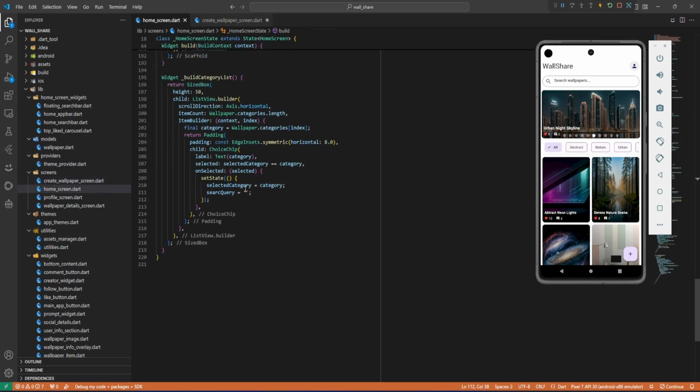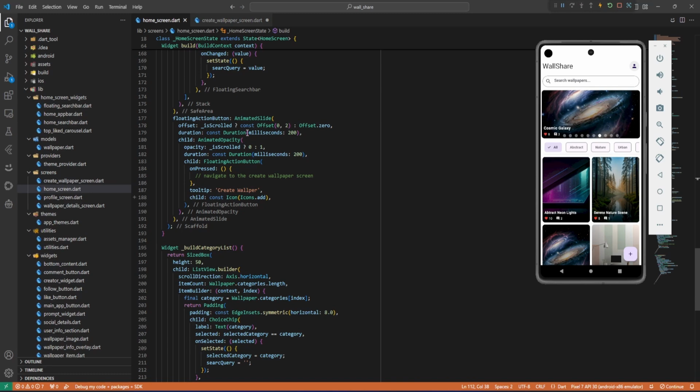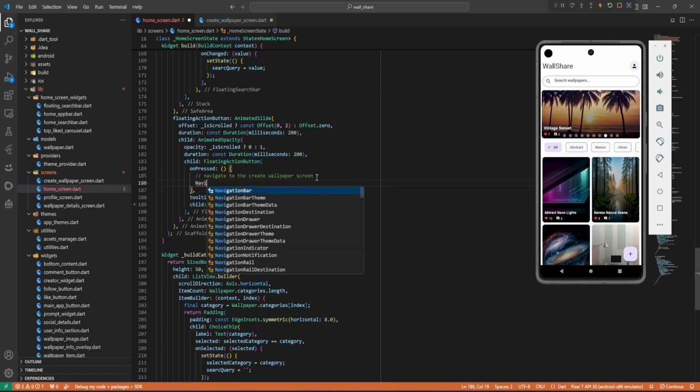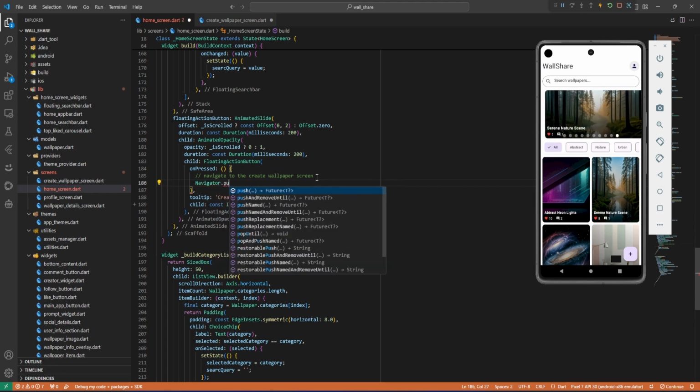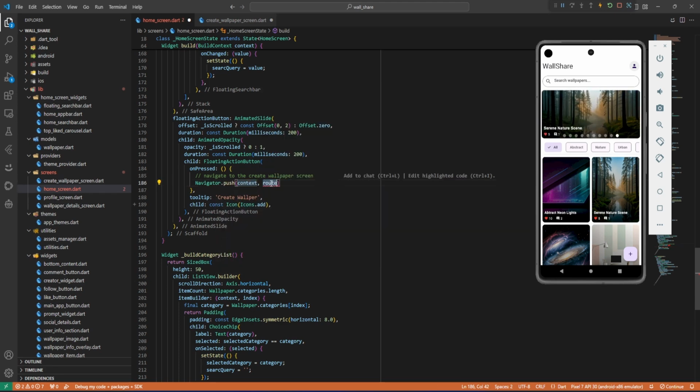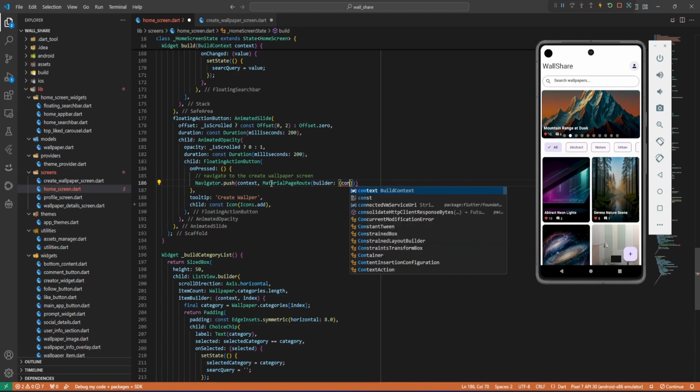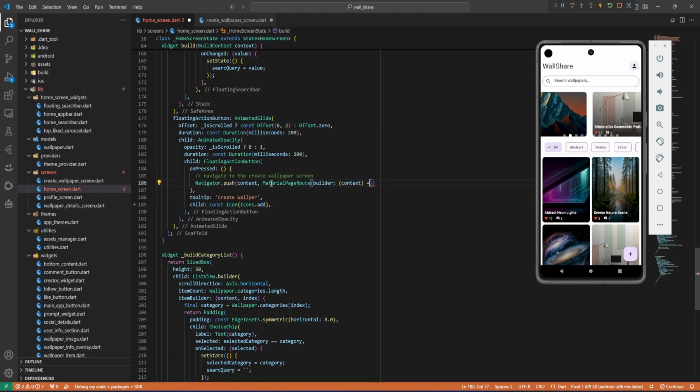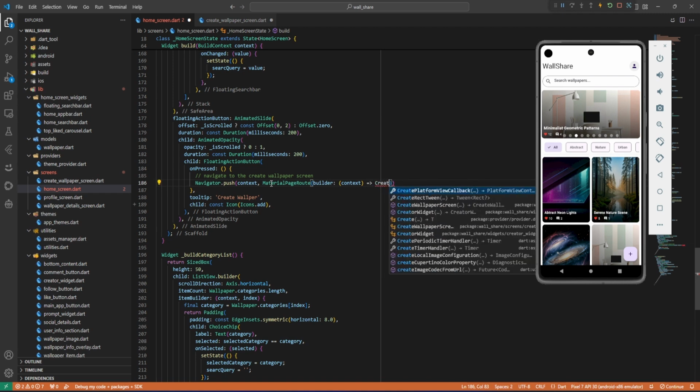Now if we go to the home screen, let's look for the floating action button. I say Navigator.push, and then MaterialPageRoute, context. I'm gonna go to create